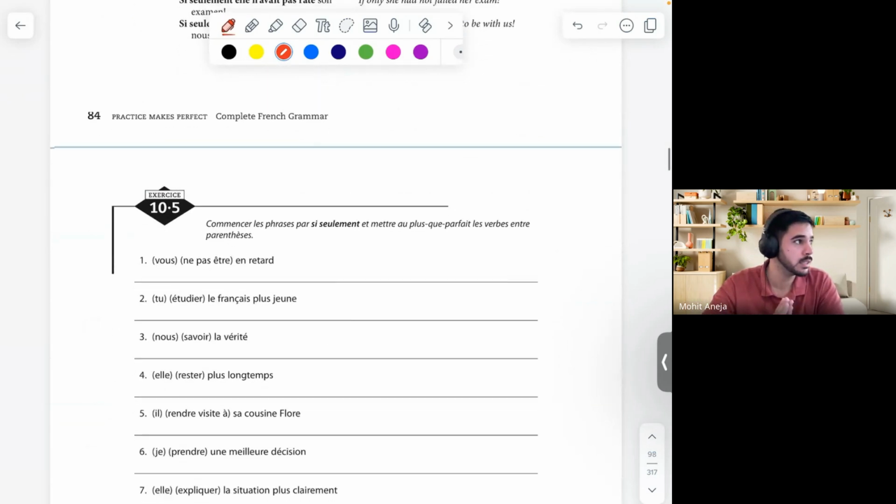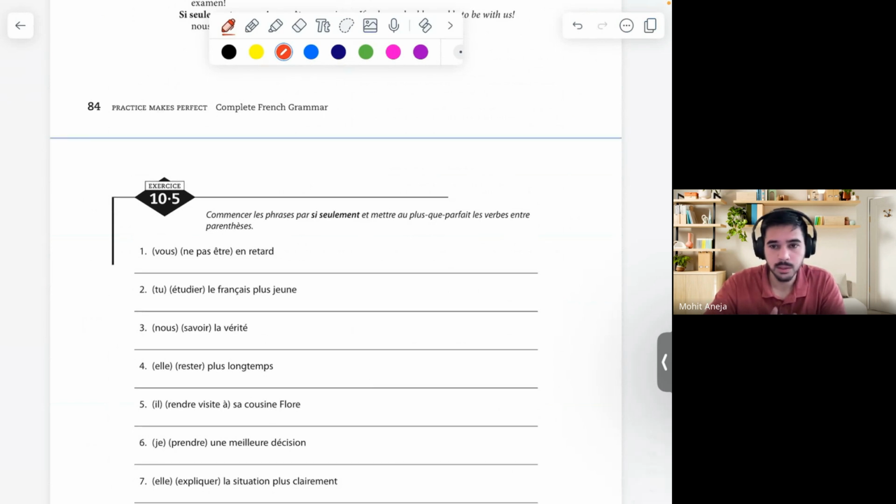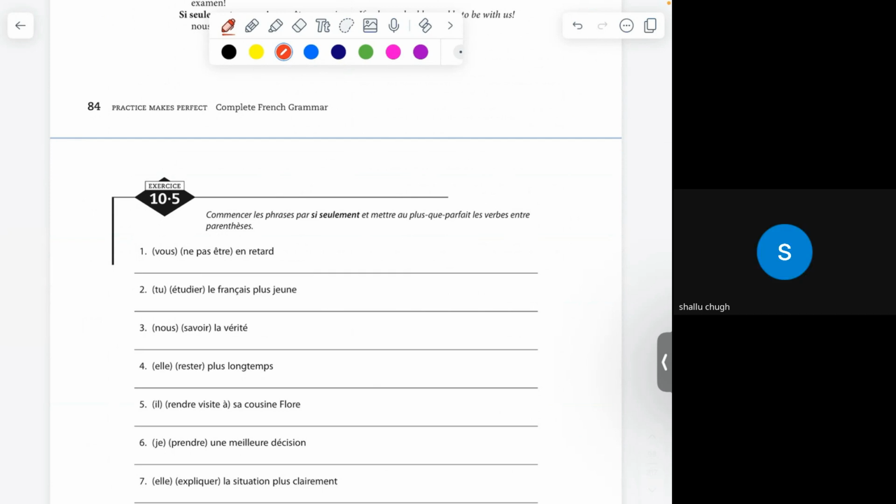Nobody will come and tell you that you have to use plus-que-parfait here. Since we are studying plus-que-parfait, you know that in this chapter's exercises plus-que-parfait will be used. The only goal of this grammar book is to teach you how to write it. It's not going to tell you when to write it. So the learning from this lesson is, of course, how to write it, but when you go out to write your own French, you have to think of events. Think of two events. One happening before the other is the perfect place for plus-que-parfait. Okay?